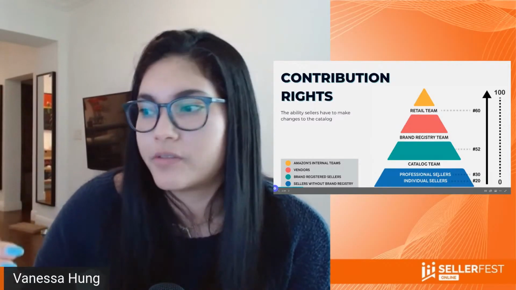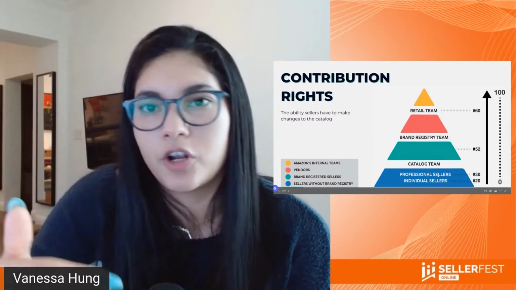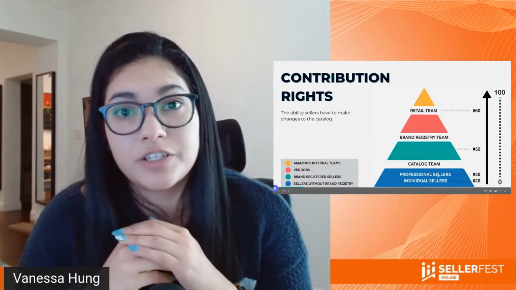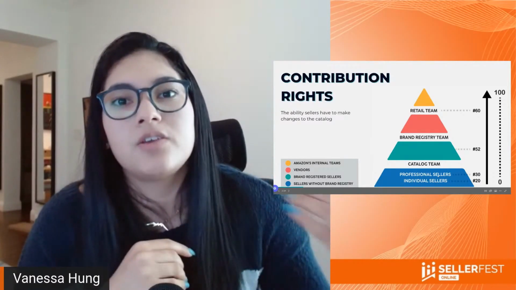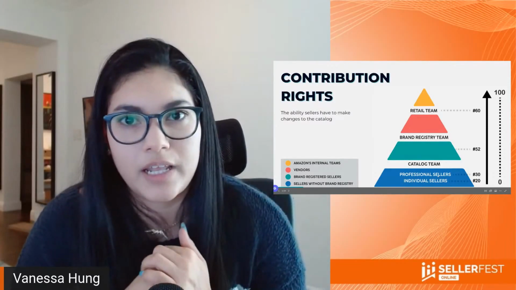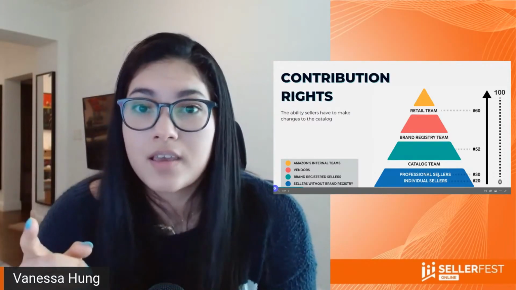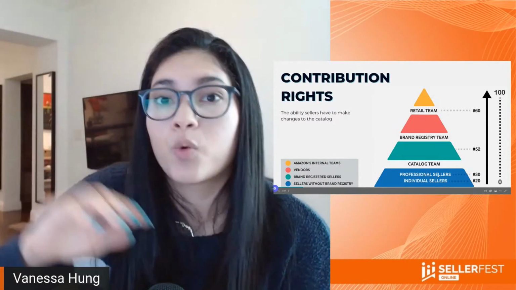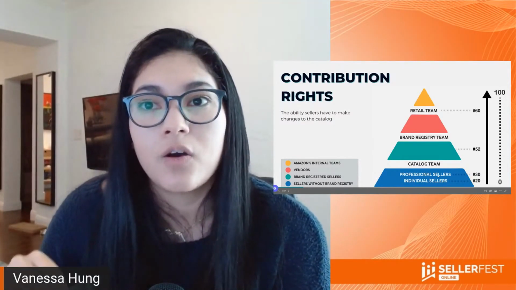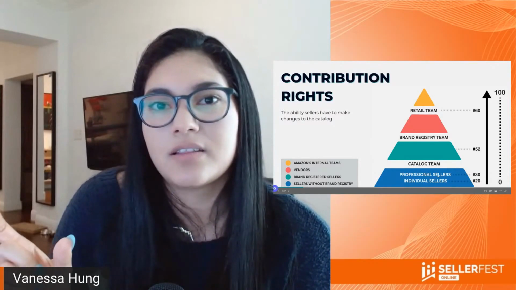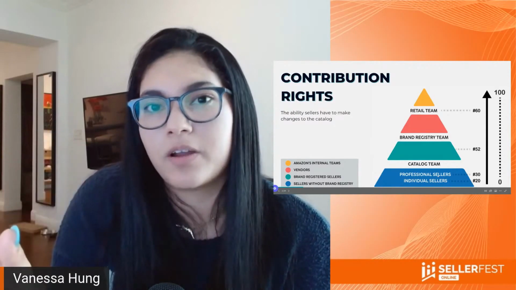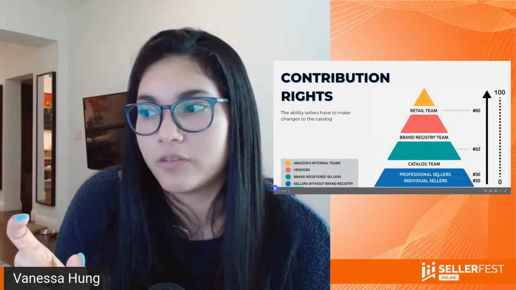They are able to override any other professional or individual seller. So if we're talking about two sellers that don't have a brand registry that are contributing to one listing, but then you open a case and ask for help from the catalog team, they will be able to override any of you. And the big thing here is, once the catalog team or any internal team from Amazon makes a change to a listing or to a specific attribute in a listing, that becomes owned by Amazon. So that attribute has the most amount of points, and it's very, very difficult to override it.